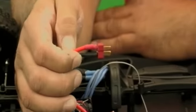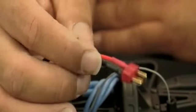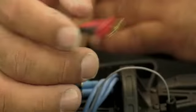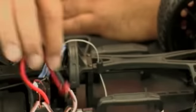Also, it comes with a gold connector plug on there. That's an easy setup to the Dean's made batteries that are already out there, so you'll be able to plug in right away. You won't have to use the Tamiya plug. This is a less resistance plug. So just set that into the lined battery pack that's going to go down onto the chassis itself, and you're